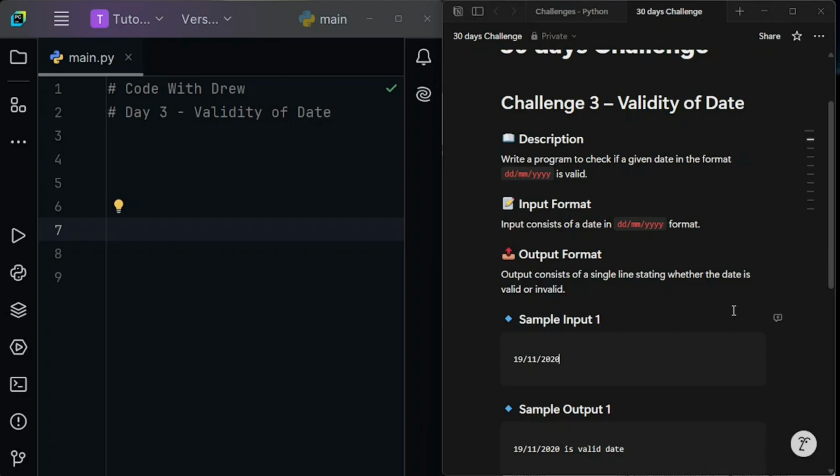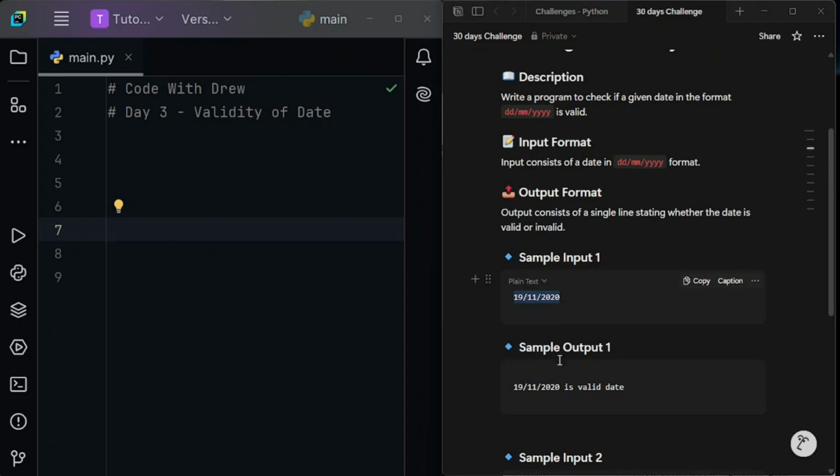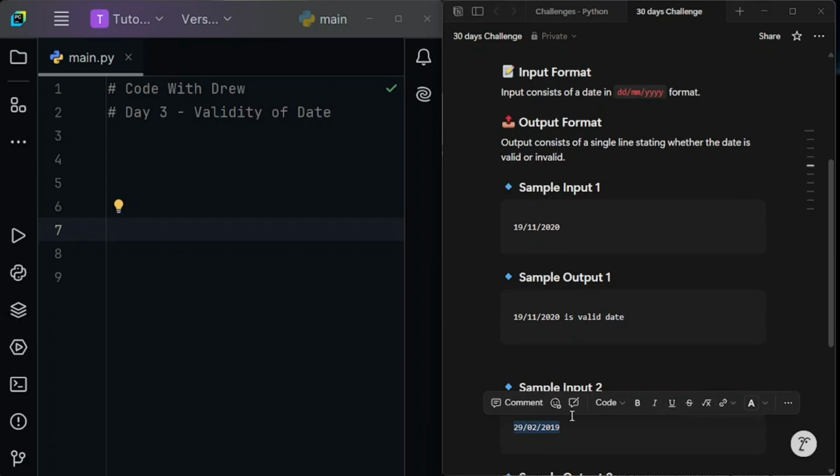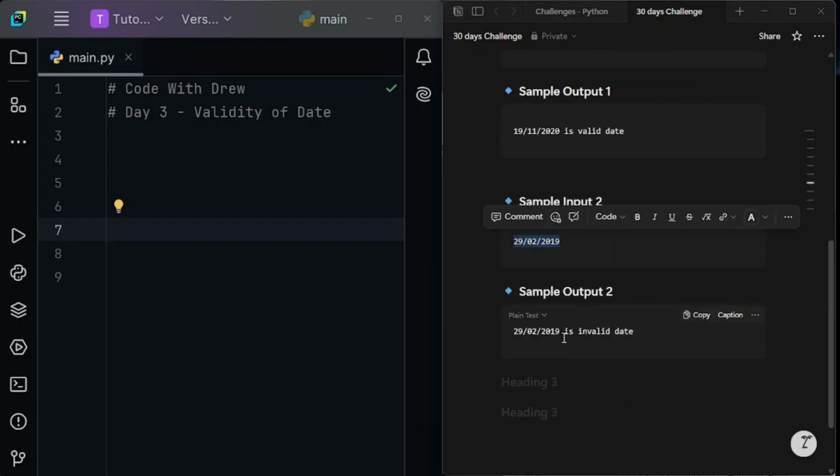Right here, we have a challenge to find the validity of a date. So how do you find the validity of a date in Python? Here you have a program to check if a date given in this format is valid. The input consists of a date in this format: the day, the month, and the year. If you enter a date like this, you print out this date is valid. And otherwise, let me just say,